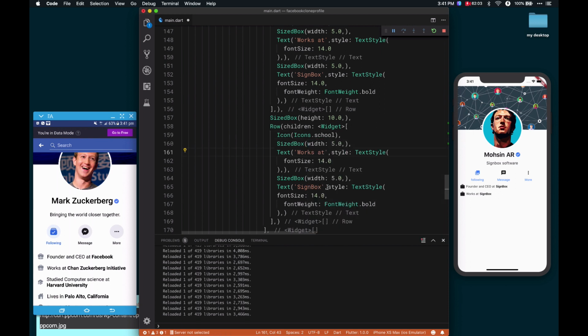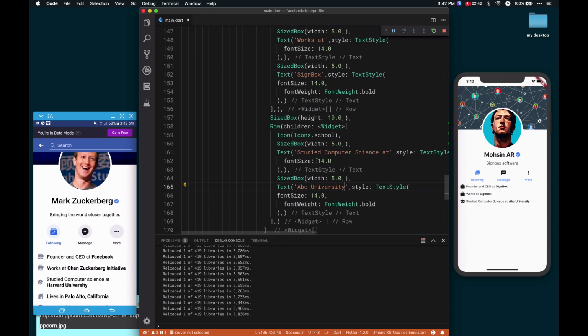Okay, so inside this I will use "Studied computer science at BC University". Okay, okay,